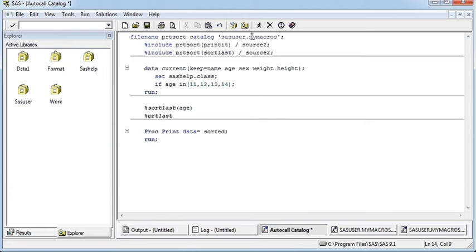In that there is a folder called my macros. What I've done here is that I've given a file name, print sort, and I've mentioned the include statement.